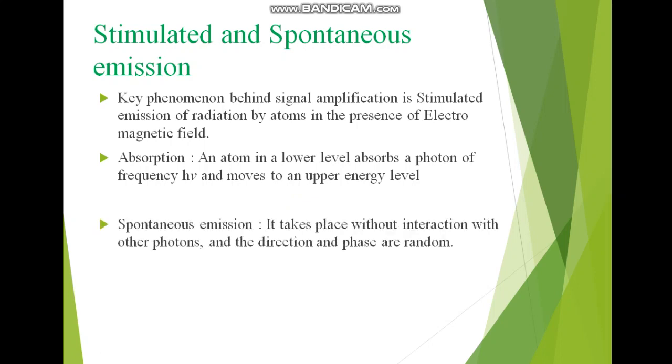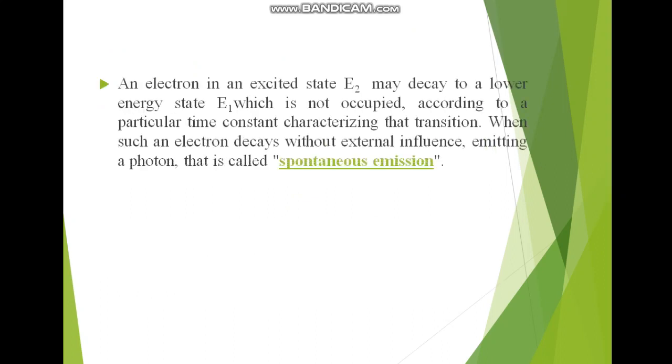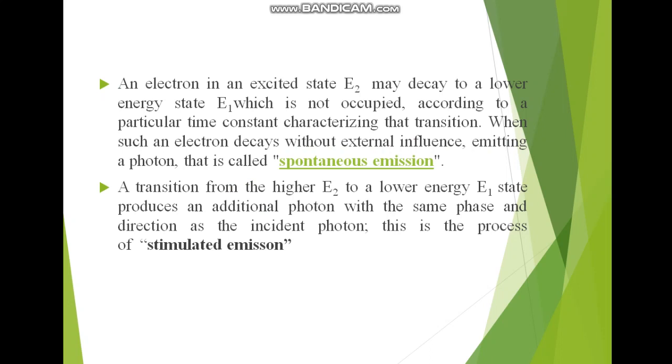Spontaneous emission takes place without interaction with other photons, and the direction and phase are random. It is used for incoherent transmission. Stimulated emission takes place when the excited electron interacts with another photon, with the emission of a photon of the same energy as that of the incident one. So these are the definitions. Spontaneous emission, absorption, you understood. It absorbs the energy from E1 and then the electron is moved to the E2 level. In spontaneous emission, the excited electron is present in the E2 state and it will randomly come down to a lower energy state while releasing a photon. Photon release is an incoherent process. Next is stimulated emission, a transition from the higher E2 level to the lower energy state produces an additional photon with the same